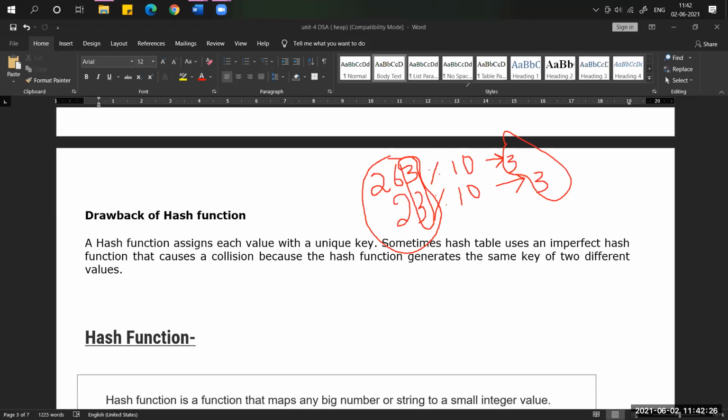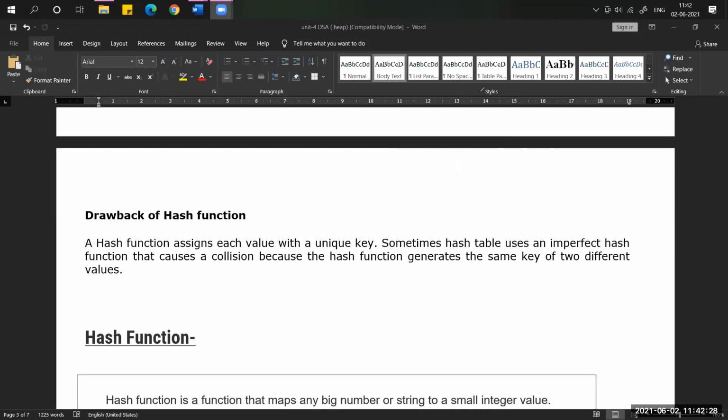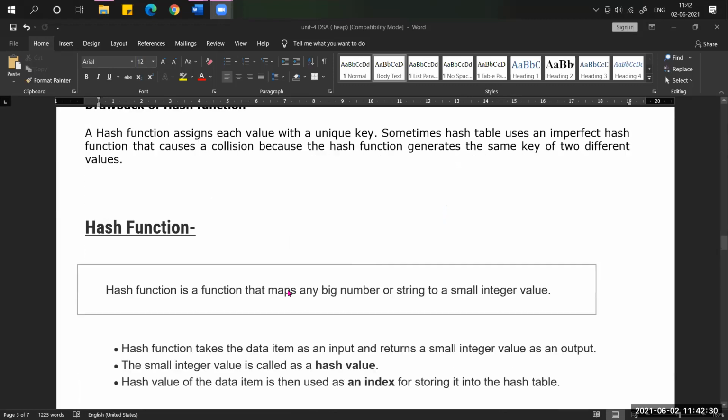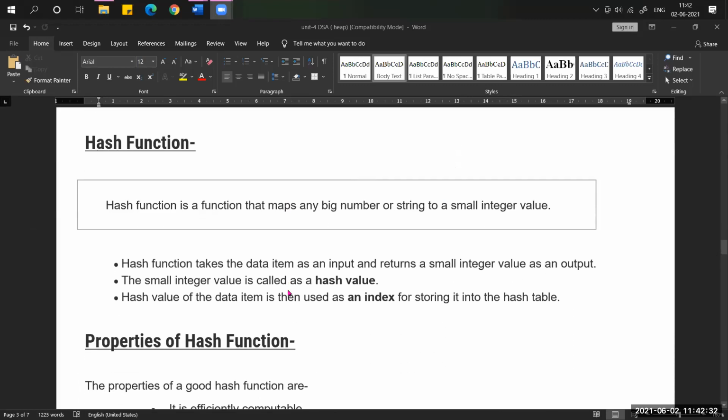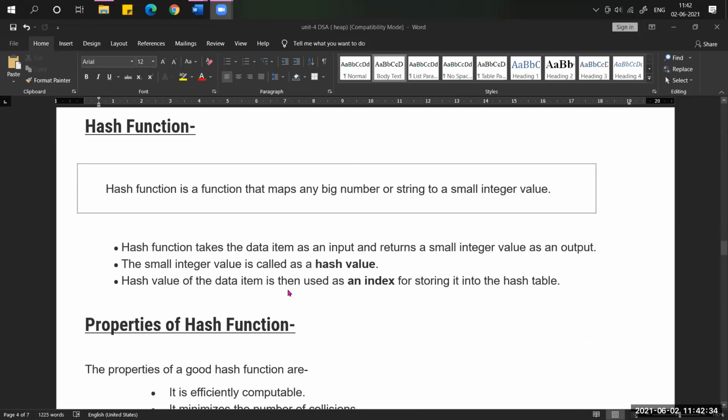So to overcome this drawback, today we are going to talk about the different types of hash functions. What is meant by a hash function actually? A hash function is a function which is used for mapping any big number or a string into a small integer value.